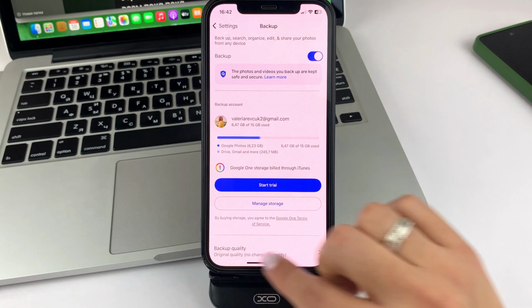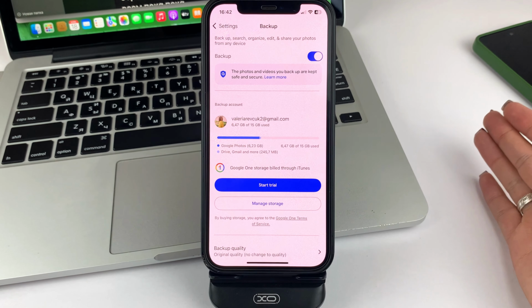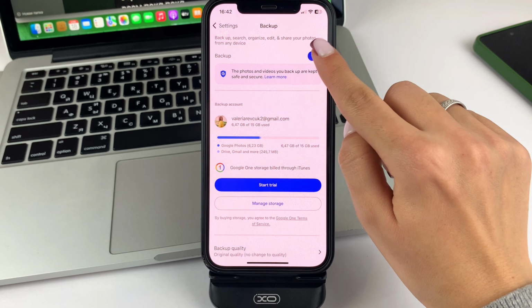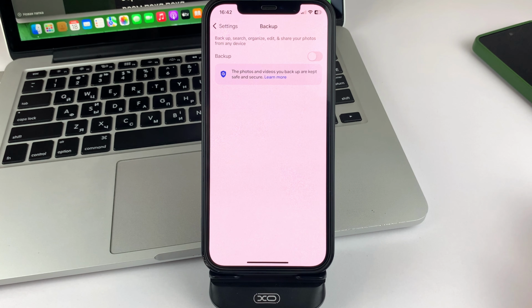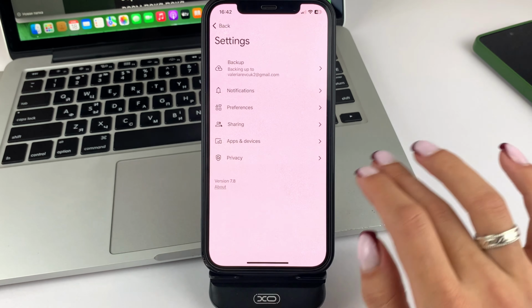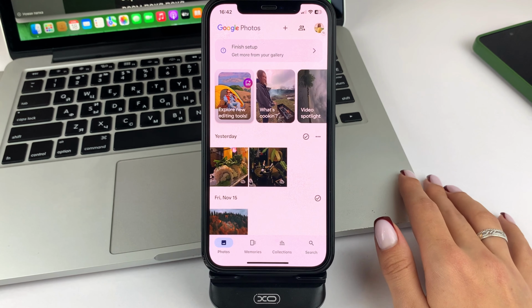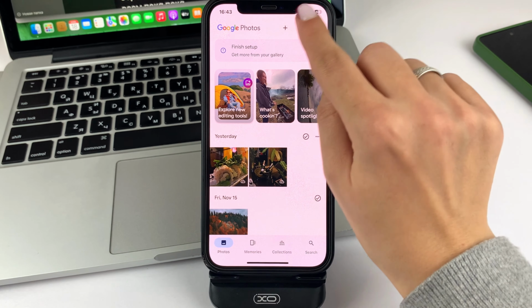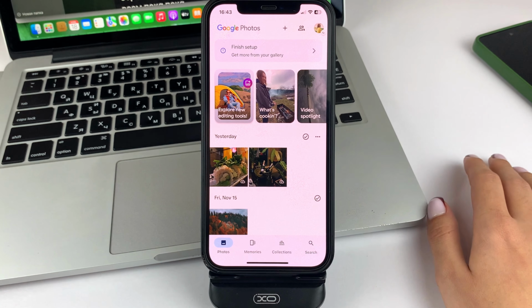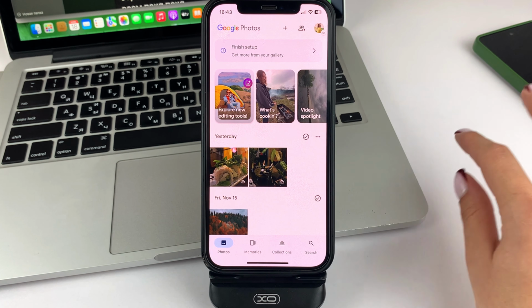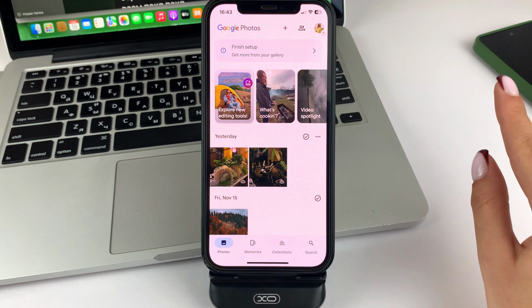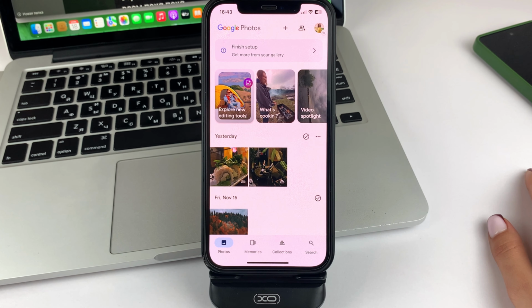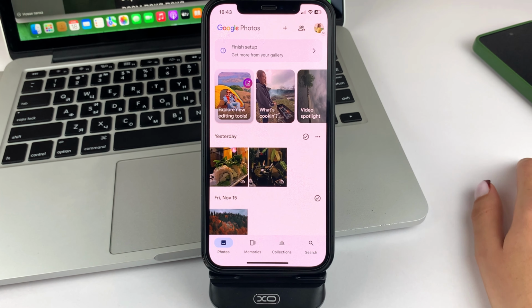Here you will see that the Backup or Synchronization option is active. And the only thing you need to do is click on this button here to stop that backup. And you'll be able to see that you've turned it off. When you look at your profile picture on the top right, you'll see that there's a very small cloud sign that's crossed out. That means that the cloud is not currently active and synchronization is disabled.